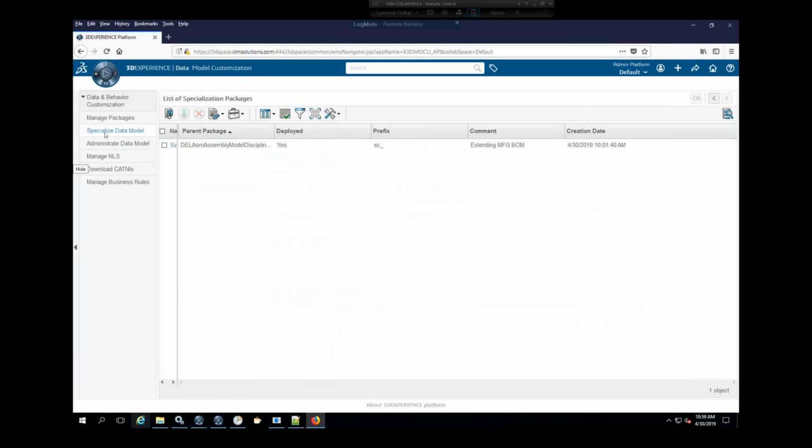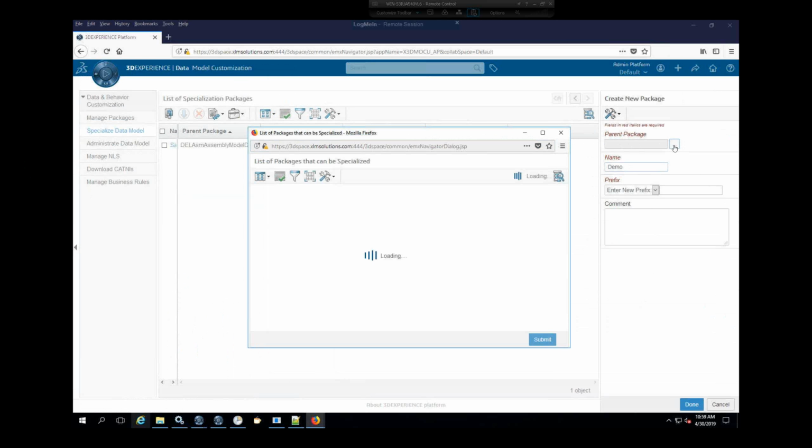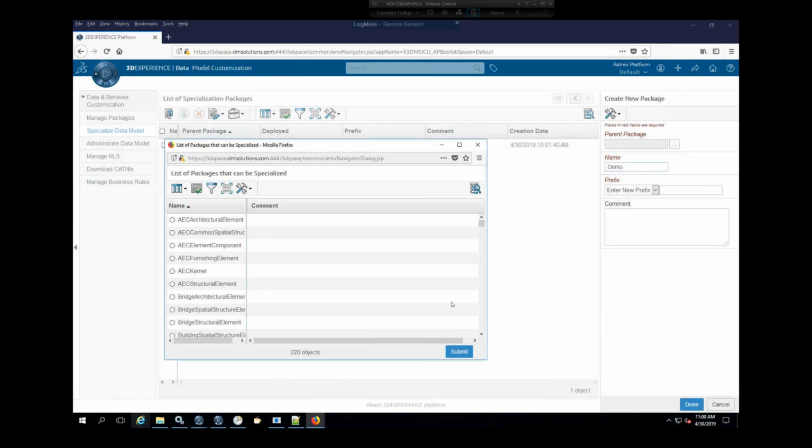If I click on the specialized data model, it brings me to this screen. I can then create basically a new specialized package. And normally it will ask you, it's mandatory to select a parent package. I'm just going to call it demo here. Any Dassault out-of-the-box package will be available for you for extension. And it brings up the list of available packages. This is documented in the